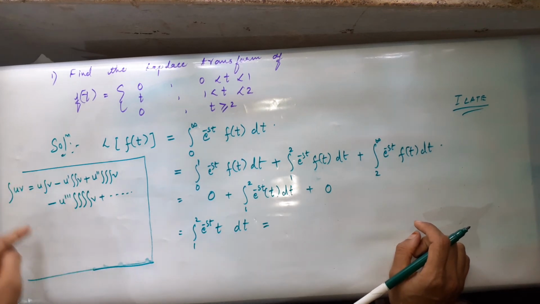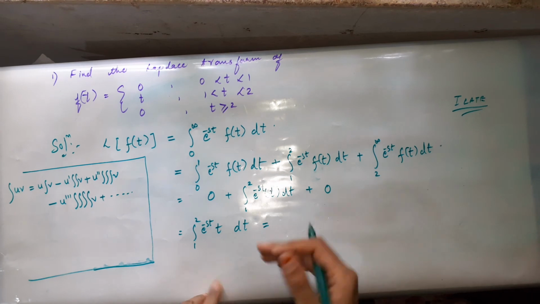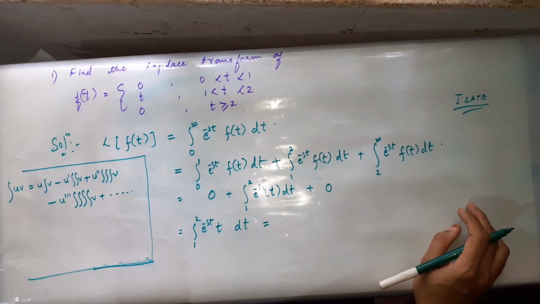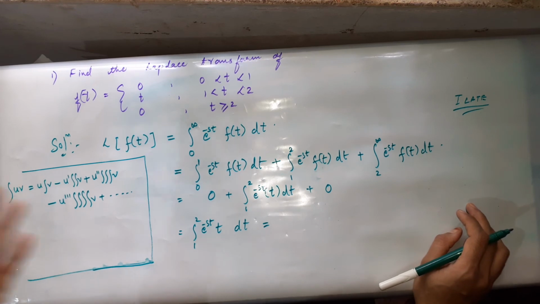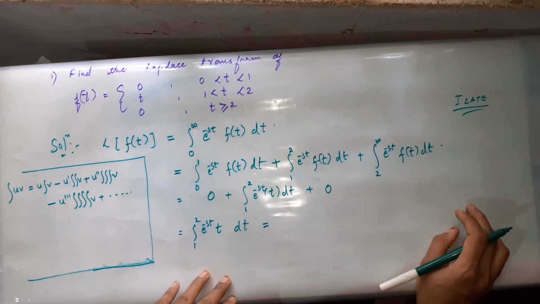So I am going to use this law, Bernoulli's law, to integrate this. It will be very simple, okay? Or you can use integration by parts. It's very simple. However, you will be using this in your Fourier series, so I'll be introducing it there in detail. But you can use it here also, so as to reduce most of your calculations.